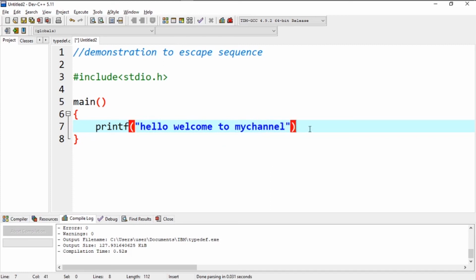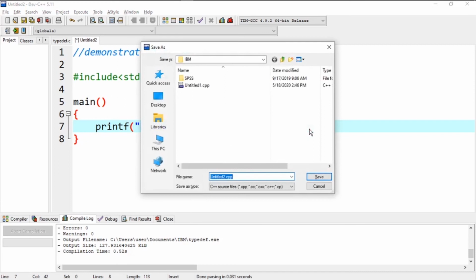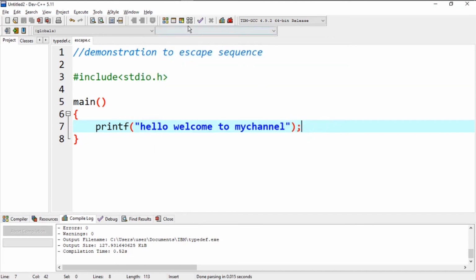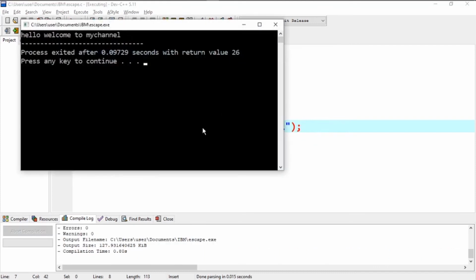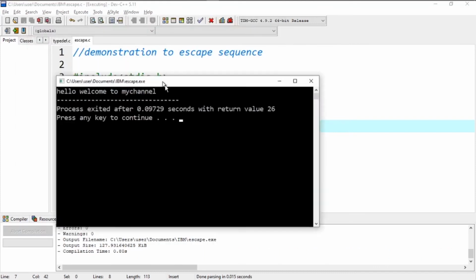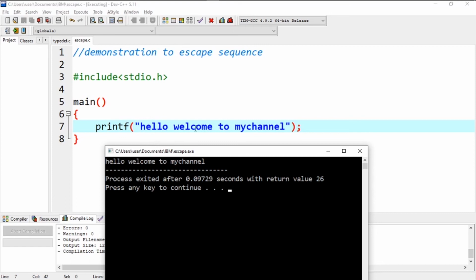So let's give a semicolon over here and let's save the program. Let's name it escape.c. So let's compile and run it. So here it is. Whatever we wrote inside printf, it's been printed on the output screen. So now let's close it.